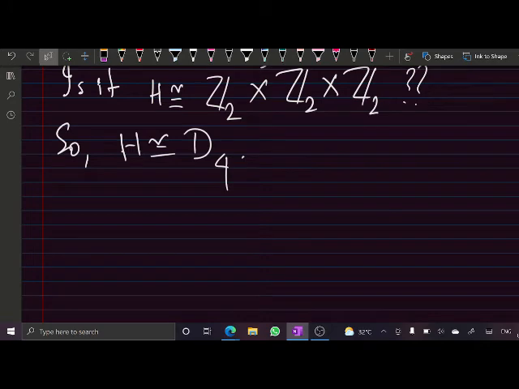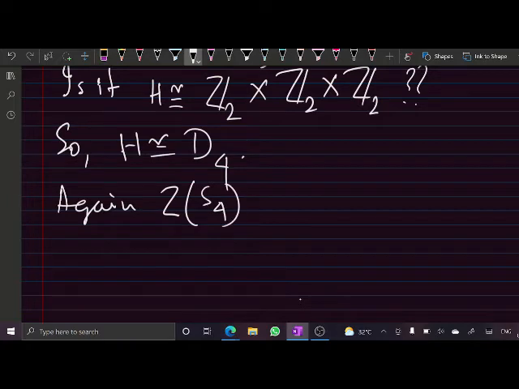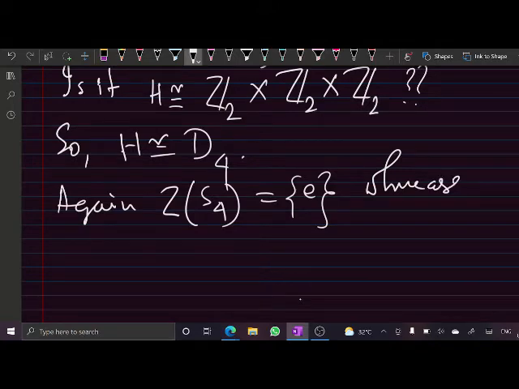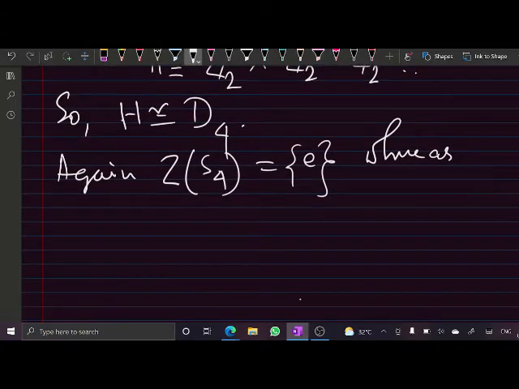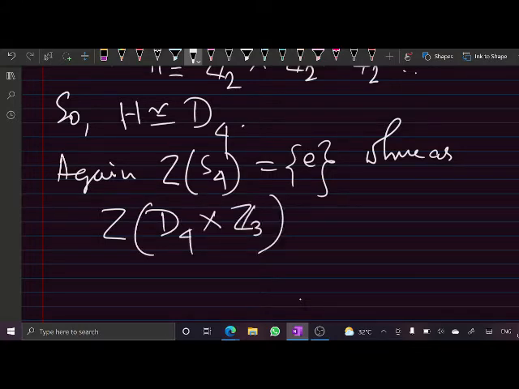Okay, but again, the center of this S4 is trivial, whereas the center of D4 cross Z3, this must be